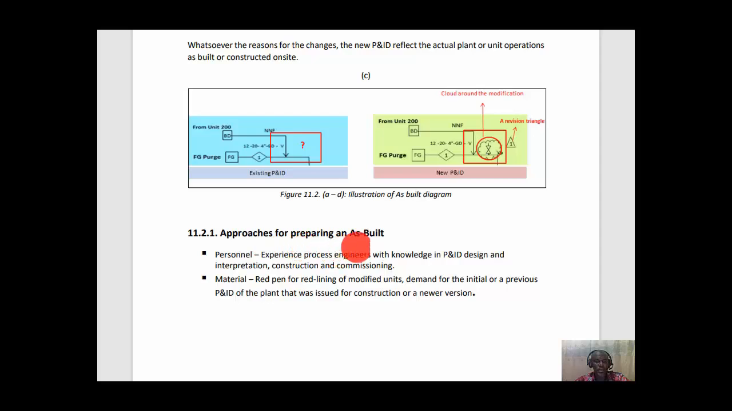Approaches for preparing an as-built diagram. It requires personnel with experience in process engineering and with knowledge in P&ID design and interpretation, construction and commissioning. For the material, a red pen for redlining or modifying the unit. Demand for the initial or a previous P&ID of the plant that was issued for construction, or a newer